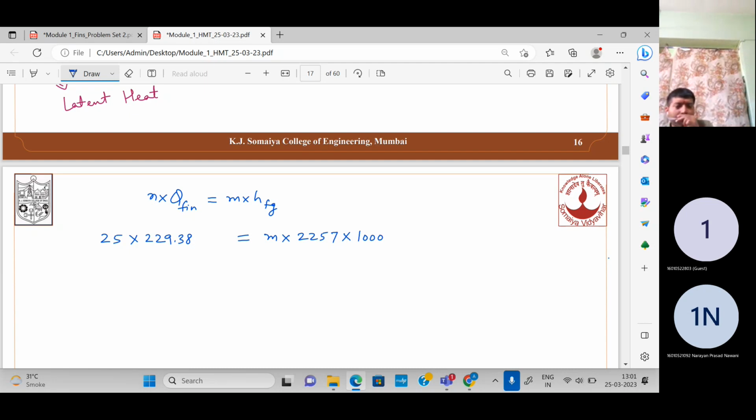So 1 second is equal to 1 upon 3600 hour. Since this is in kg per second, when you put 1 upon 3600 it moves to the numerator, so it gets multiplied by 3600. So finally you can calculate the mass of steam condensed is equal to 25 into